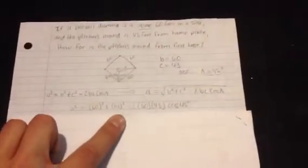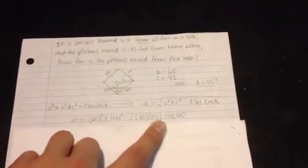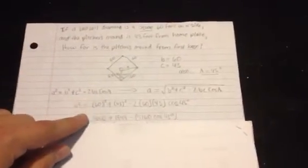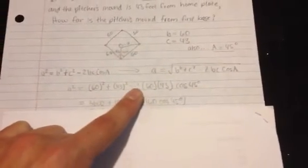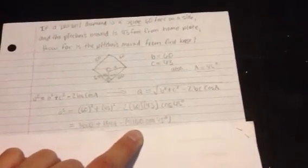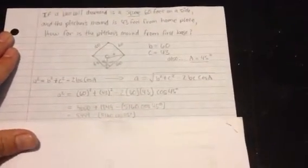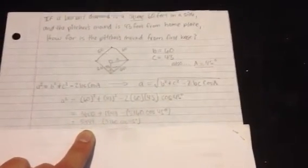So 60 squared, 43 squared, minus 2 times 60 times 43 times cosine of 45. 60 squared plus 43 squared is 1849, and if you multiply 2 times 60 and then multiply it again by 43, you're left with 5160 times cosine of 45. Add those two numbers together, you're left with 5,449,